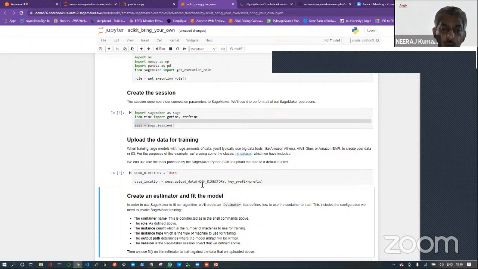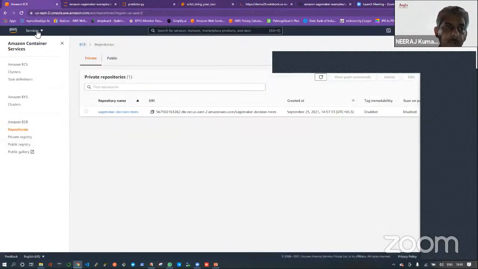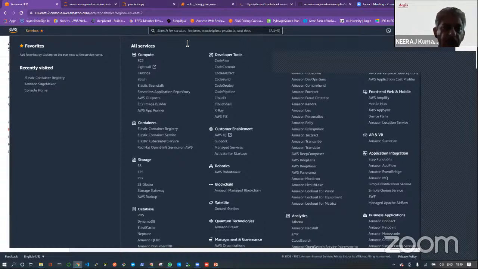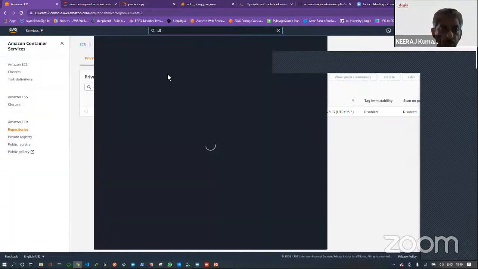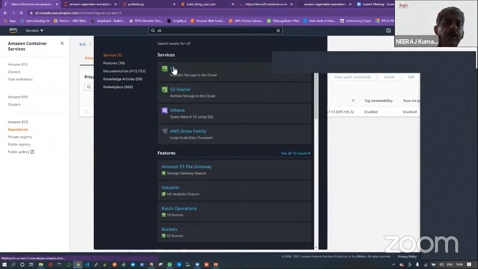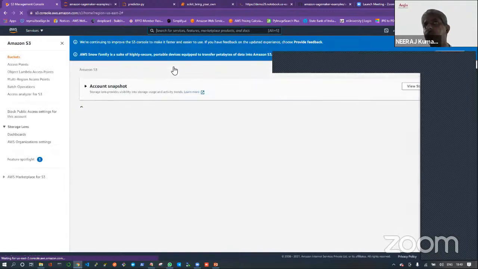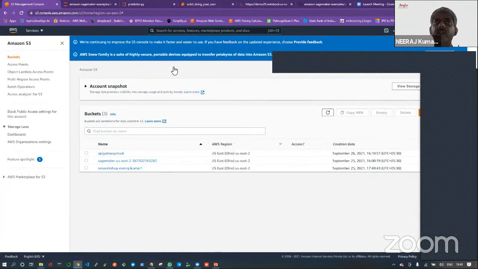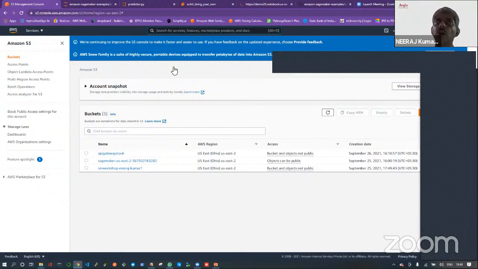It's being uploaded to an S3 bucket. I can show you here. Let me go to the S3 service and show you where it is being uploaded in AWS. So all these things are happening through SageMaker. You are not doing them as a data scientist. At the end of the day, you are just running the Jupyter Notebook. The rest is all done by SageMaker. That's why it's fully managed. You are not bothered about that.